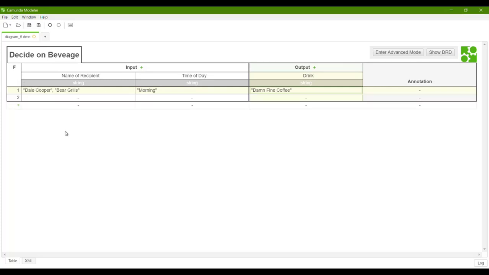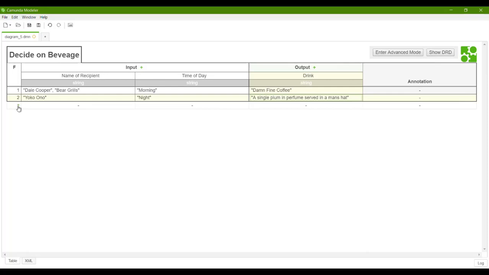Next up, rule 2, what if Yoko Ono shows up? It really doesn't matter what time of the day, but night is the most likely time to expect her, so we'll select night. And if she comes in at night, what we'll give her is, of course, a single plum in perfume, served in a man's hat. Okay, so that's very simple. So now we have those options there.